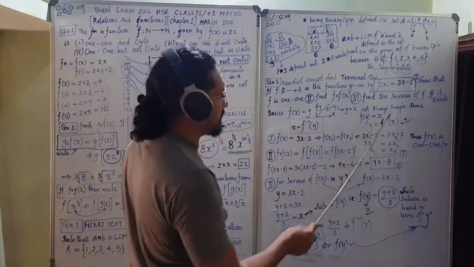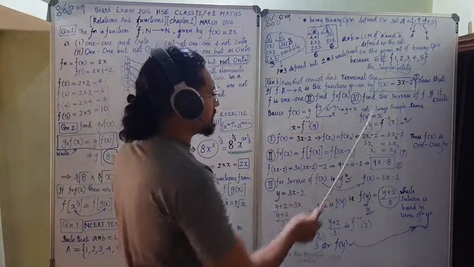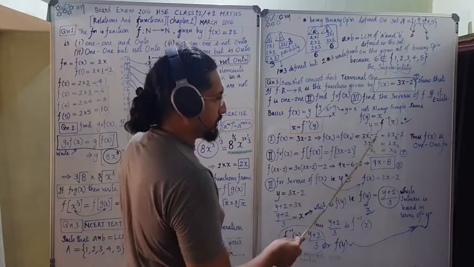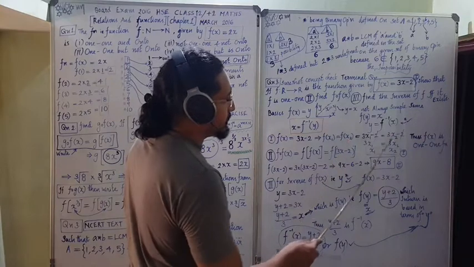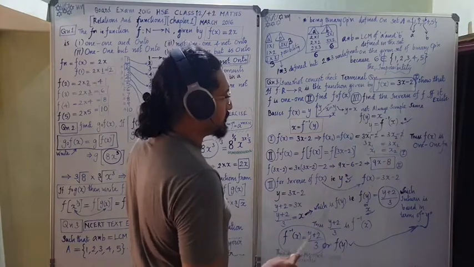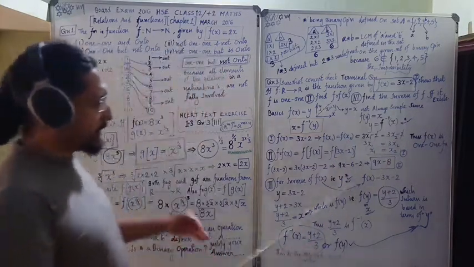So we can put the x1 value now: 3x1 minus 2. Okay, it is the first thing. Then when we put the second thing, 3x2 minus 2 is the second thing. So we are telling that